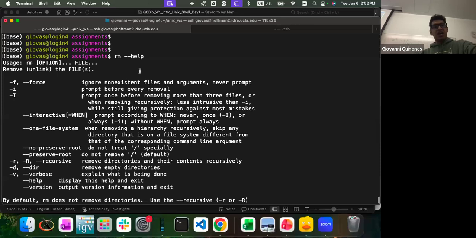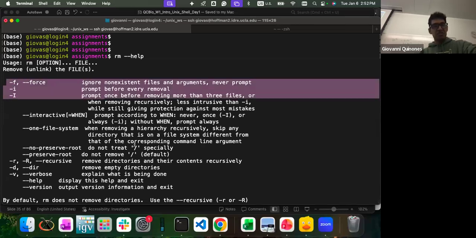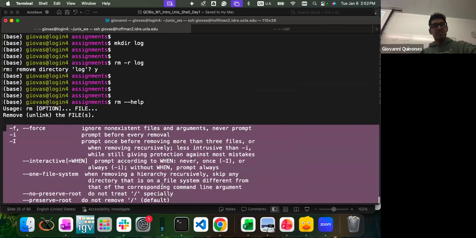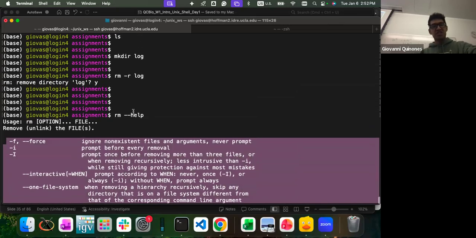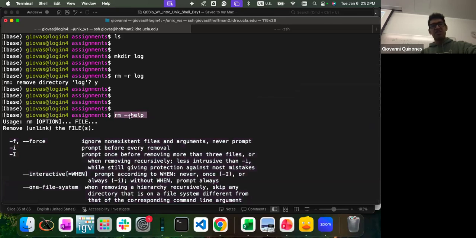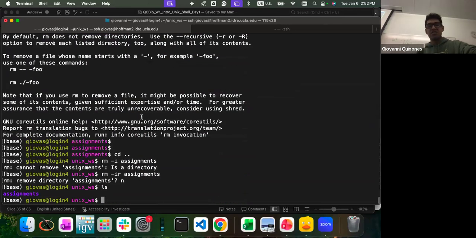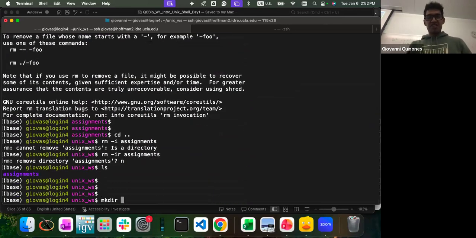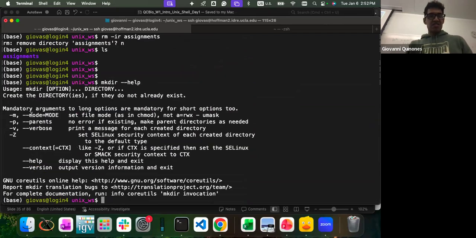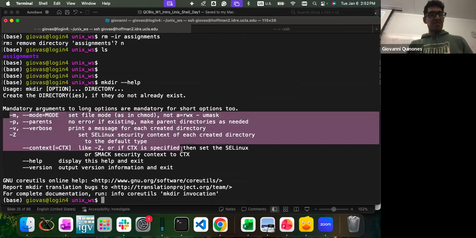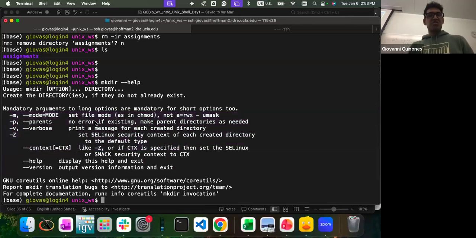So, of course, you don't need right now to be familiar with all these options. Right now, what I just want you to focus on is this rm with the --help option, so that you can learn about every function. We can learn about mkdir. See, I have these options. I can set a file mode. So this has to do with the permissions. How to deal if I make a directory, but the directory already exists. All these special cases.